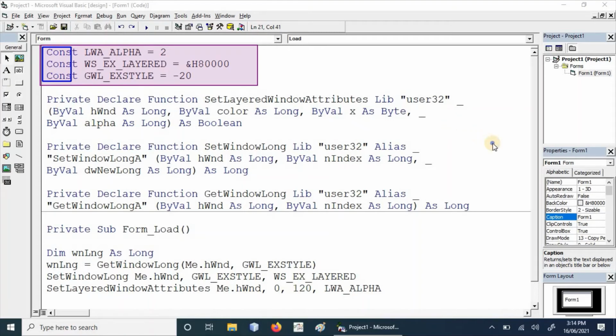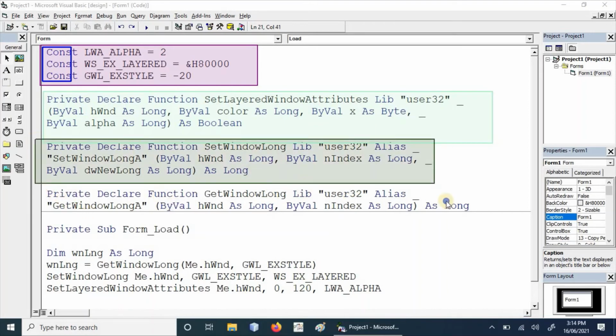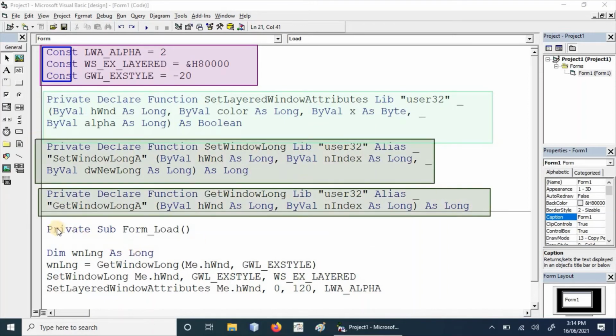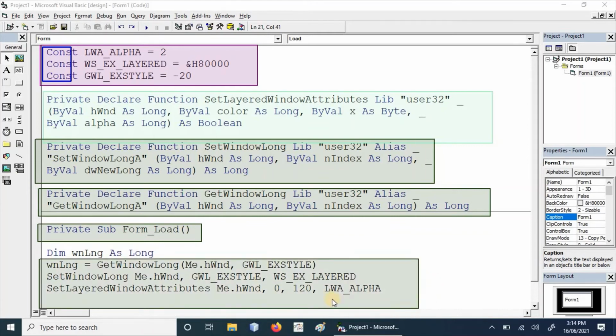Secondly, we can see here the API declarations that we will use in our code, and the third part is the form load event on which we will call these three APIs. This is the transparency value, and these are the three API calls that we have put in our code.